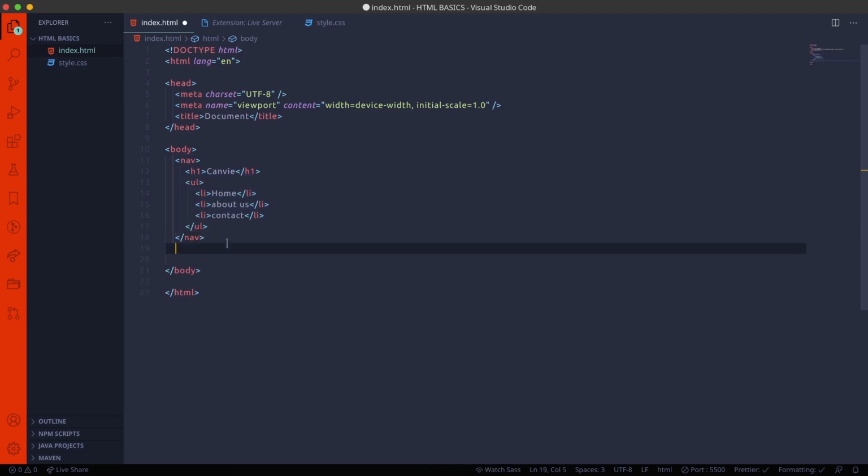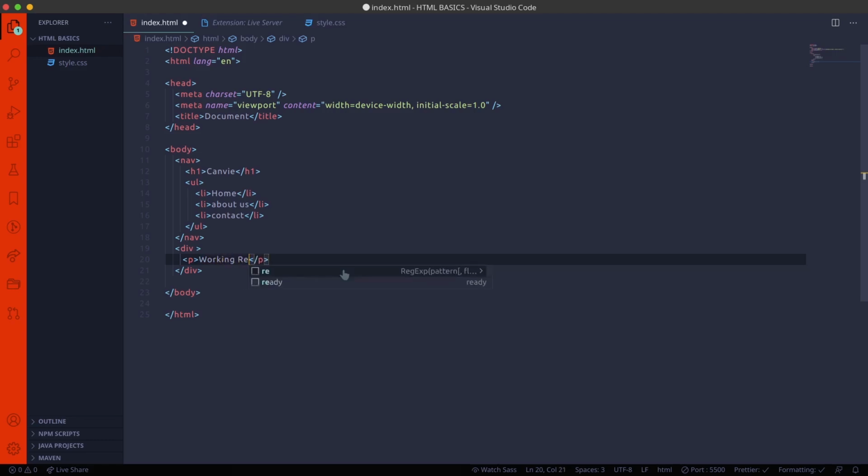So this one is one section, and we have to create the division between the two sections. Create a div tag. So basically, the div tag separates the content between the two elements. Here the navbar is one content of text, and now we are creating the middle part of the web page. So we are using the div tag, and in this div tag we have to give some text in order to fill the web page.